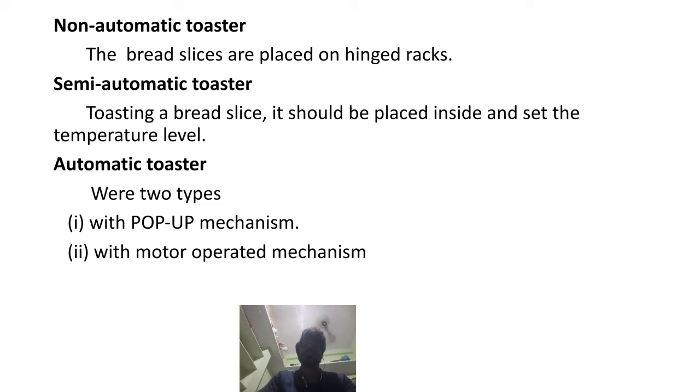What is a semi-automatic toaster? It consists of a heating element along with some signaling features like an alarm or blinker, which indicates the completion, as shown in the circuit diagram. Signaling features means that after heating, there will be a sound, like an alarm sound, and a blinker.